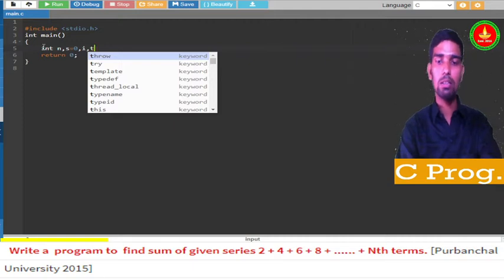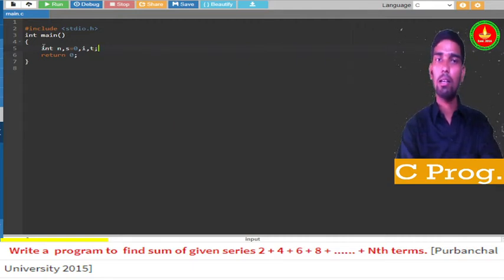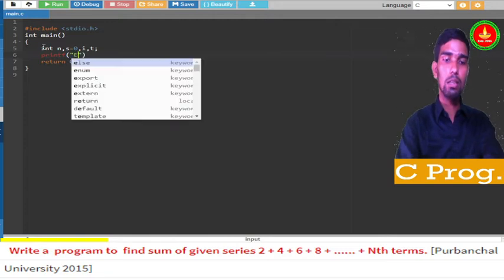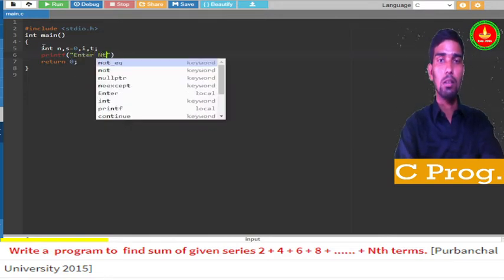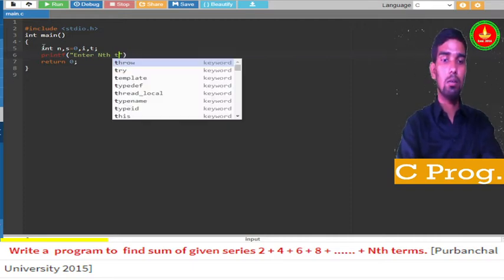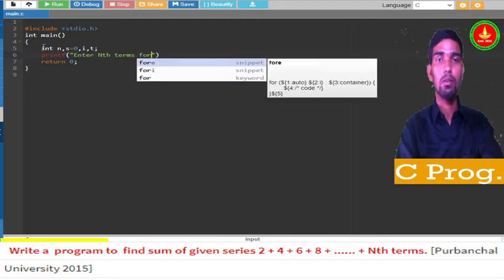I will show you what the use of t is. Now I am going to ask the user to give the nth term. Enter nth term. Let me make it look better: terms for series.